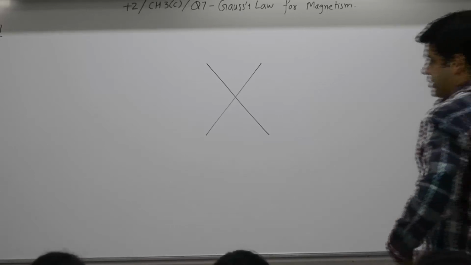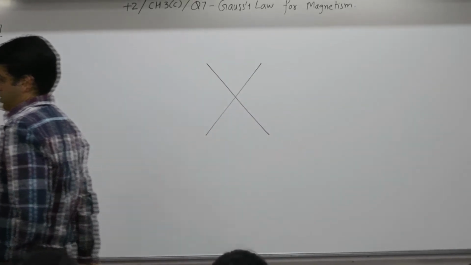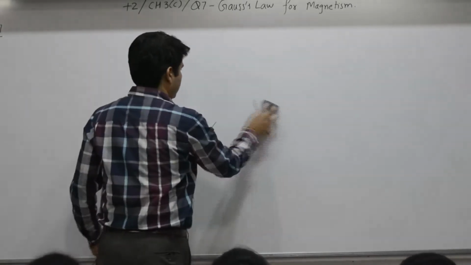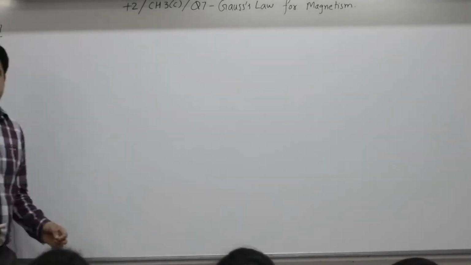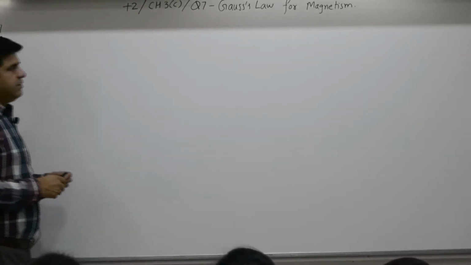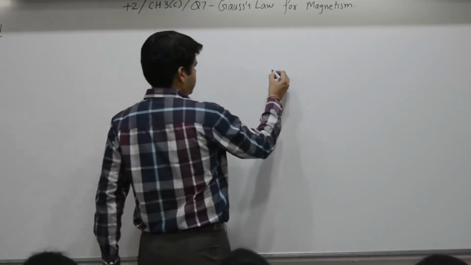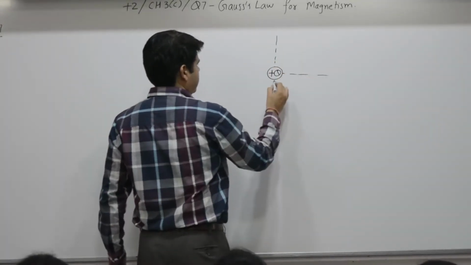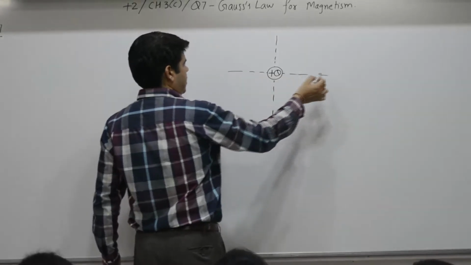Gauss's law for magnetism. What was Gauss's law for electrostatics? Yes, let us revise. If there is a charge Q, lines come out of the electric charge. The law was